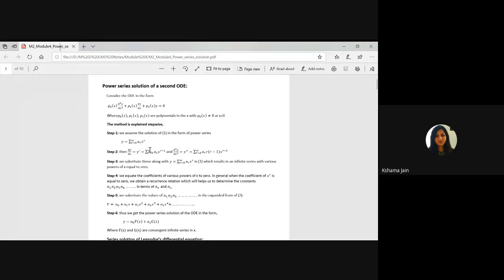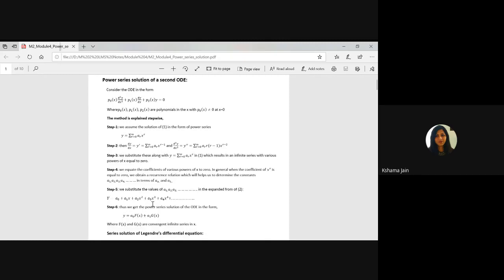So here, after differentiating the first time, the term will come, a_r will remain the same because it is a constant, but another term will be r x raised to power r minus 1. And second differentiation means again differentiating this, a_r will remain the same, and the next term will be r into r minus 1 x raised to power r minus 2. One power will get decreased. Okay, so these are the given steps.